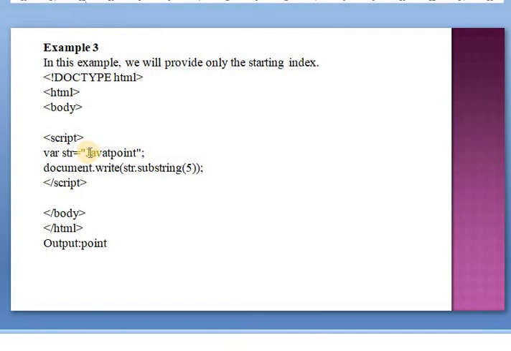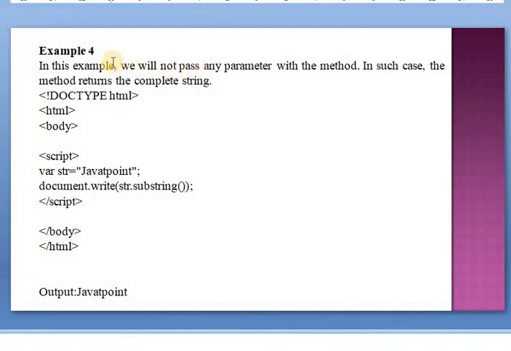It returns the rest of the characters: from the 5th index, 0, 1, 2, 3, 4, 5, it returns point as a result on the web page, because here I am passing only a starting index.